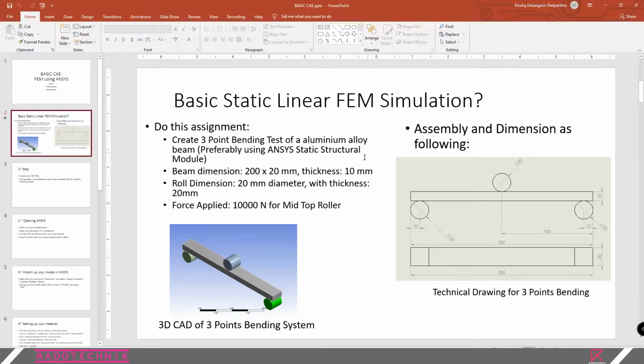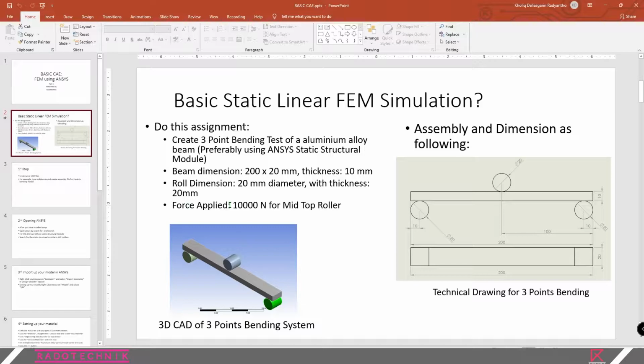In this assignment, you have to create a 3-point bending like this one to test the aluminum alloy beam with the dimension of 200 by 20 mm and thickness of 10 mm with a 3 roller system, each 20 mm in diameter and 20 mm in thickness.